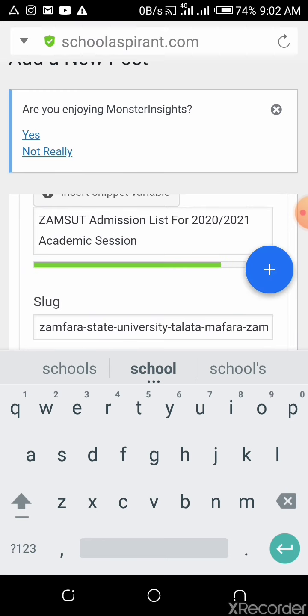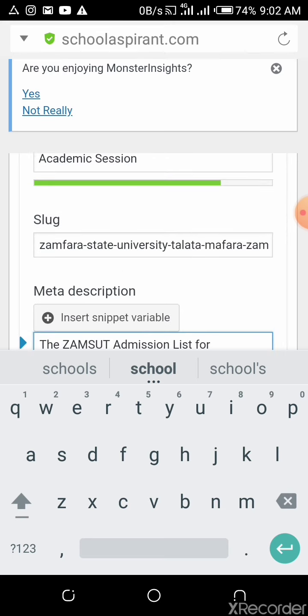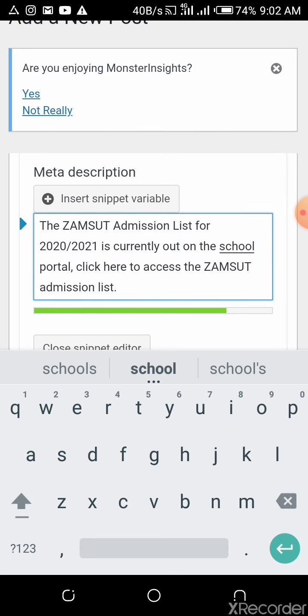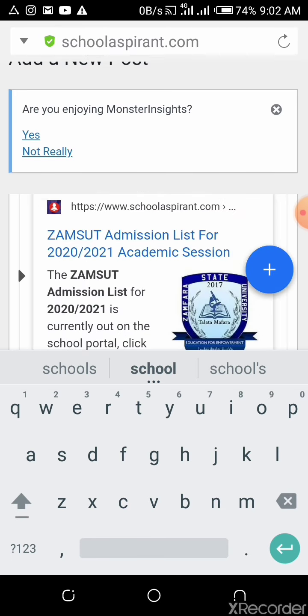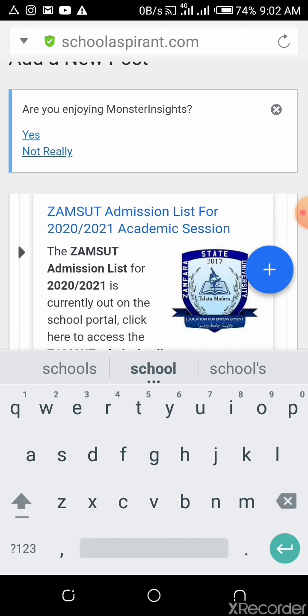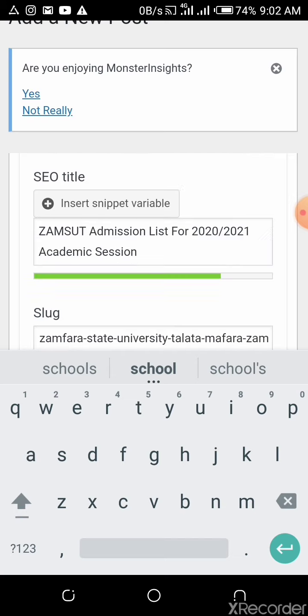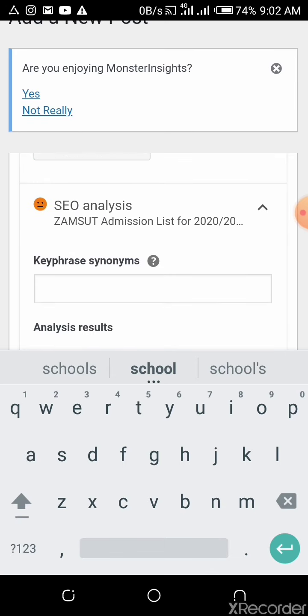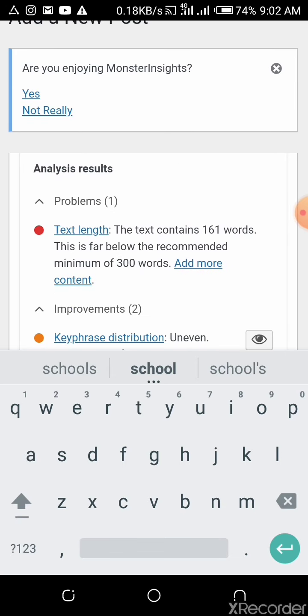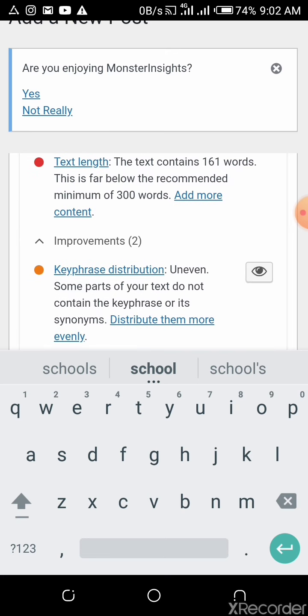So as you can see, the title contains the focus keyword. The meta description contains the focus keyword, and this is actually how the thing will come out on Google. Okay, then let's go back to this thing. We have only one problem now, which is